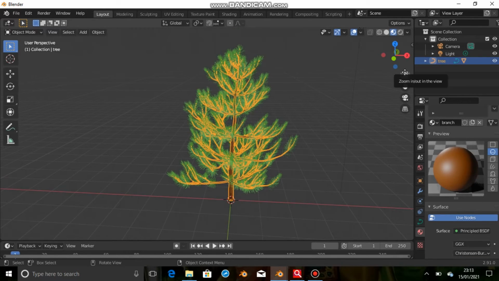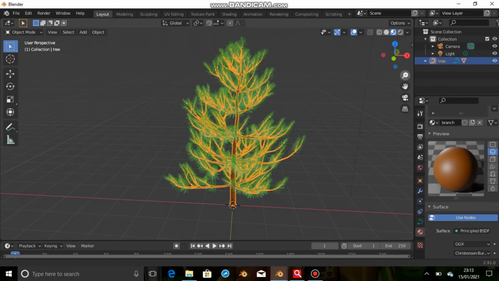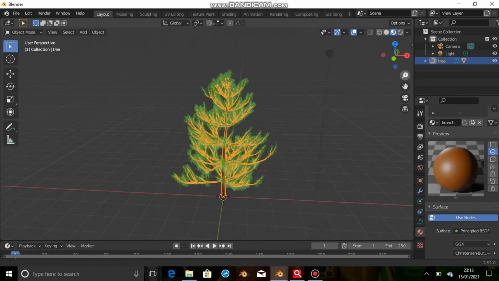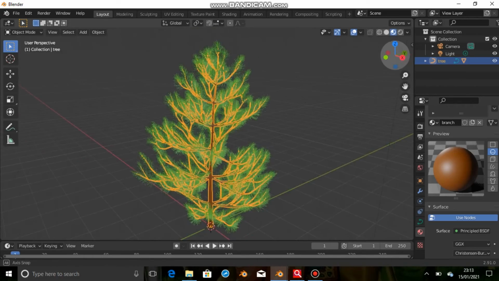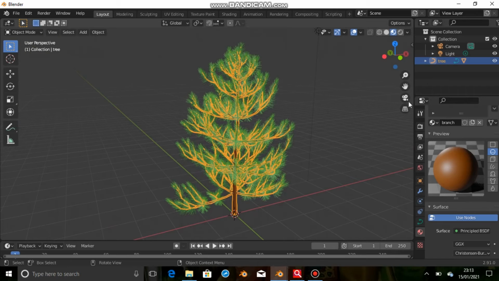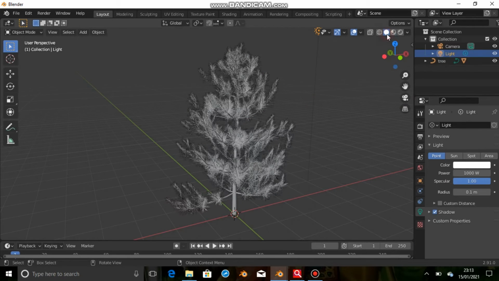Okay, so as I click on this circle, I get a new button, and as I click on the new button, a complete information is available, where here we have to name material one as leaves, and in preview you will be getting the color which will be applied to it.